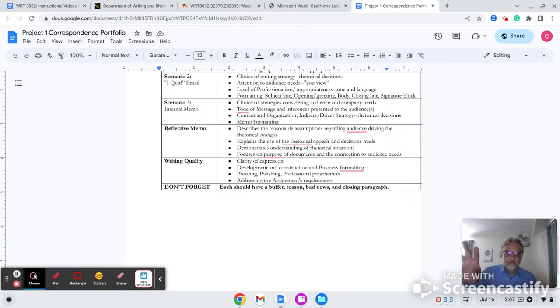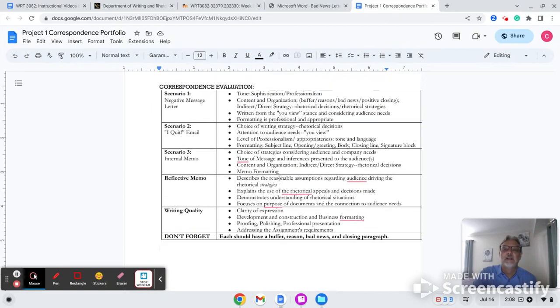Here's the buffer, here's the reason, here's the bad news, here's the closing, uplifting kind of paragraph, because you want to make sure that you have all four of those, to use a musical term, movements, because you're taking someone through, from a rhetorical standpoint, a path, if you will.